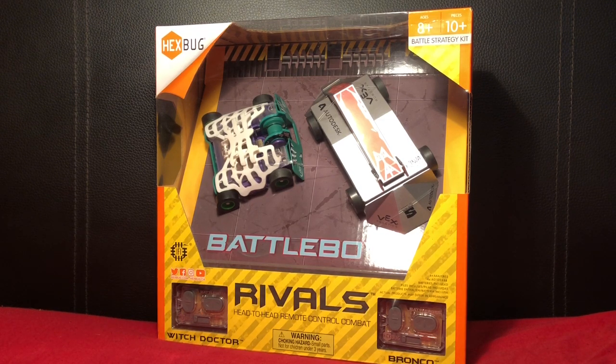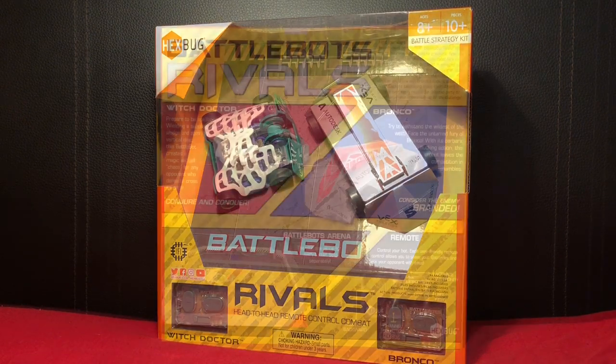Well, I'm going to review it actually, I'm not going to unbox it because other people have done that, and I'd rather do that with the comfort of knowing that I can muck it up. The front packaging hasn't changed that much, only to rebrand with Witch Doctor and Bronco at the bottom, and the